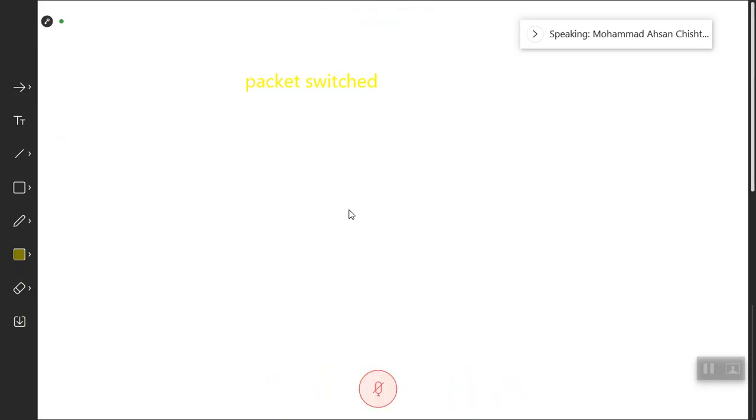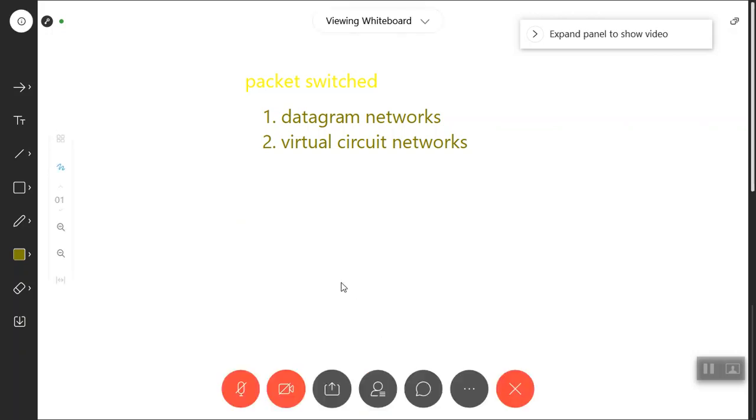Which means if I use a datagram network, which is basically part of a packet switch network, I would have to use the destination address to transmit, what we call the IP address. But if I use a virtual circuit network, I will not be using the destination IP address to forward my packet to the destination from the host. What we typically use in the internet generally is an IP address. But there are some networks which use virtual circuiting.